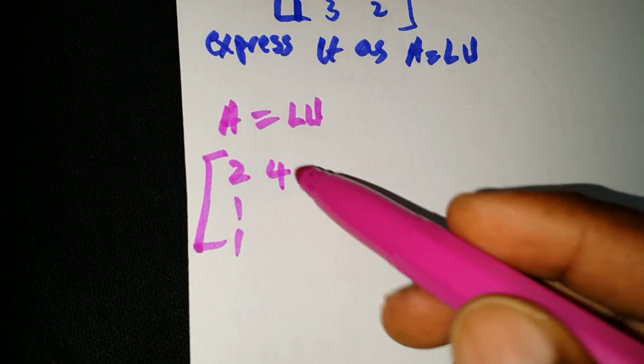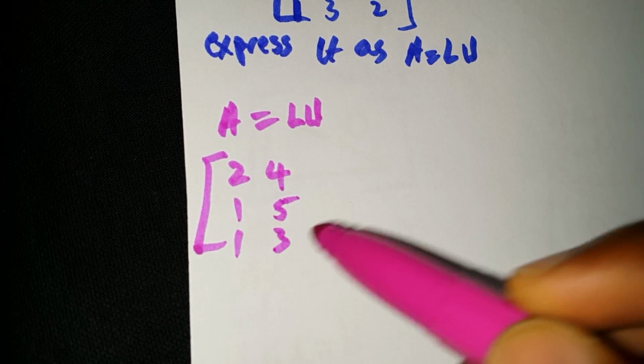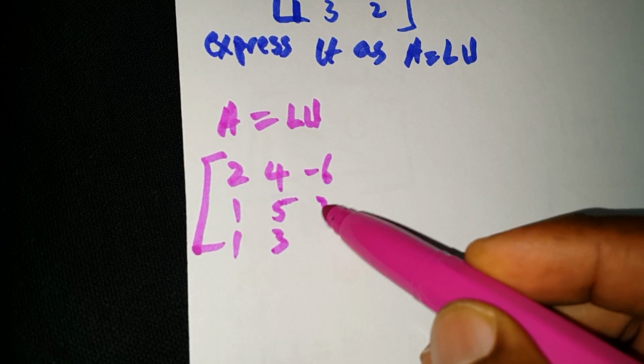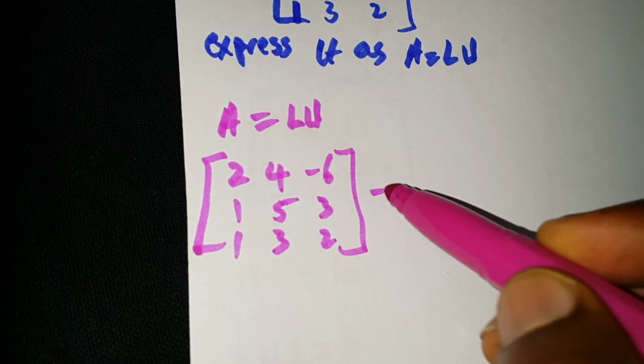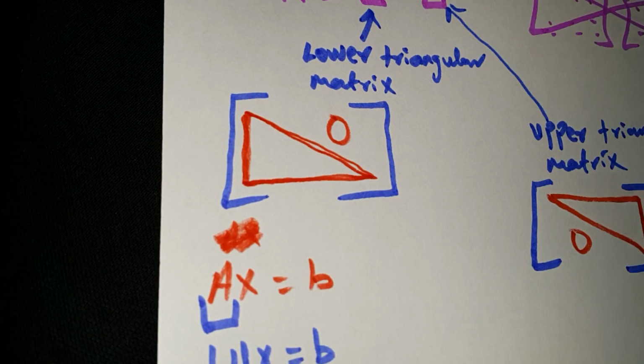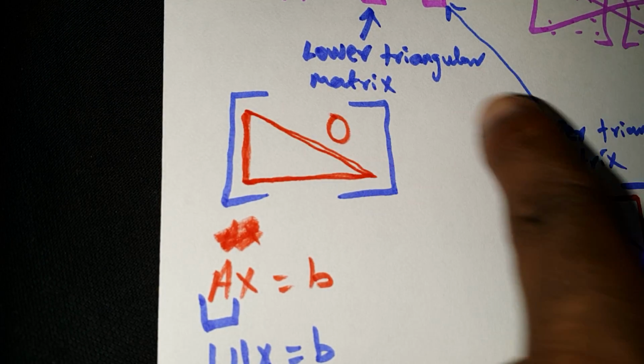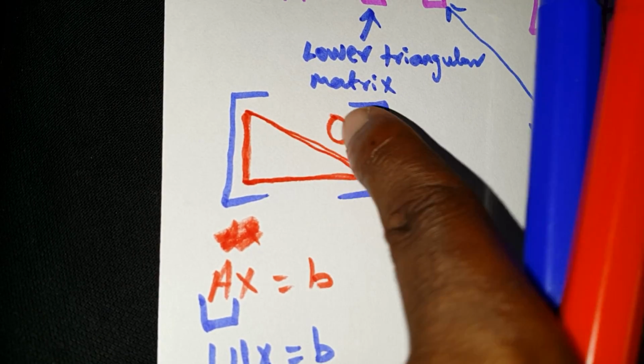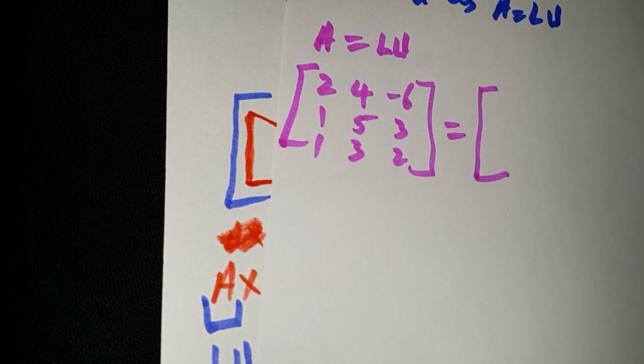I'm trying to define the matrix A = [[5, 3, -6], [3, 2, ...]] equal to L times U. What is L? Lower triangular matrix, which means we need only those values under the diagonal, others are 0. So how do we define it? Let's call it